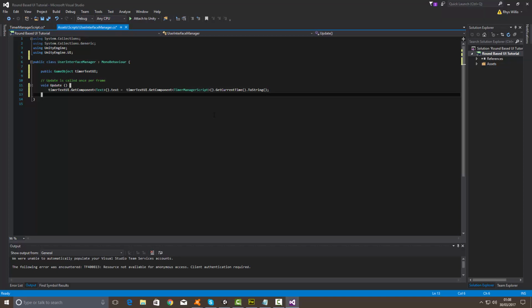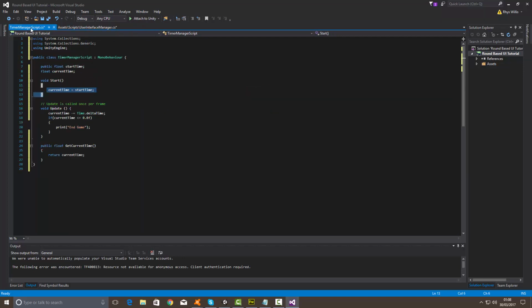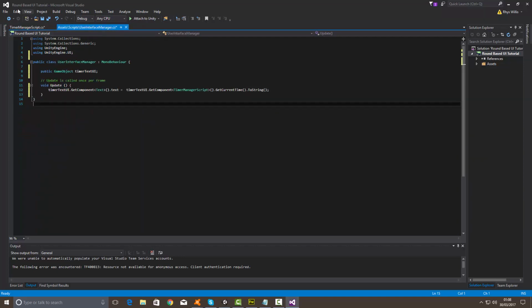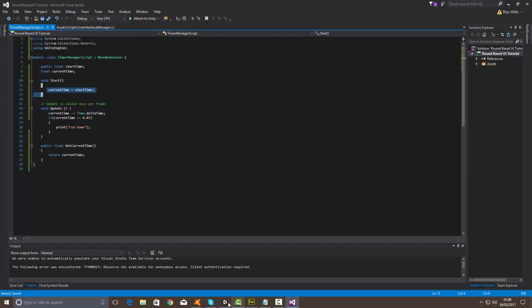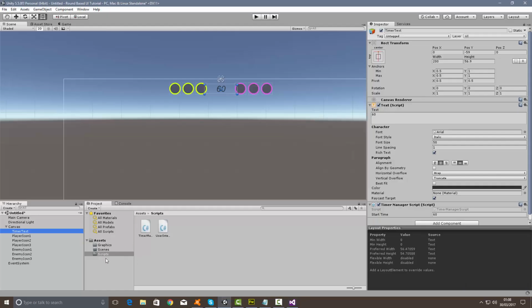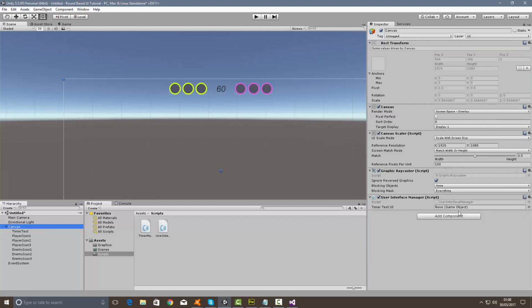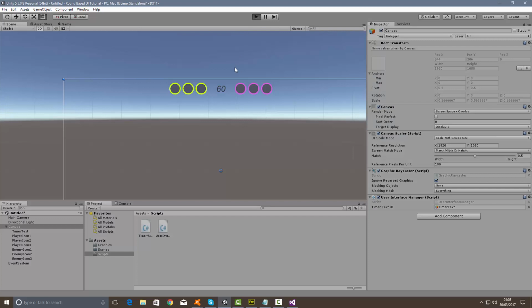It's not going to make a difference with what we're doing, but if you're making a much bigger game, let's say World of Warcraft for instance, doing it this way is going to be a lot better for the system compared to doing it the way I just showed you, which is something I've actually seen and done myself in the past, so it's kind of a big thing to learn, I think. So if we save both of these, if everything's mostly correct, should be fine over here. And then back in Unity, if we go back to our canvas, you can see that it's asking for the timer text UI now. So if we just drag our timer text into that, and then press play,